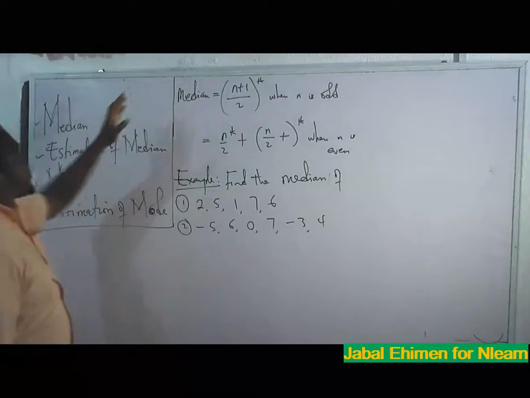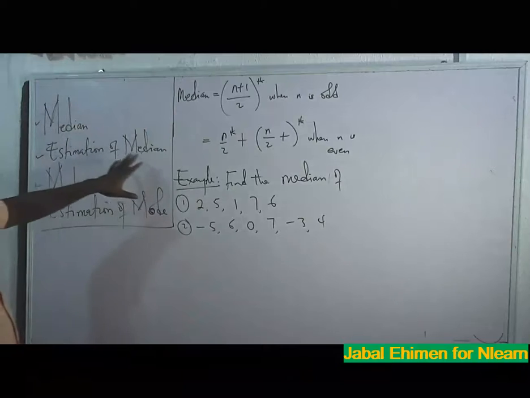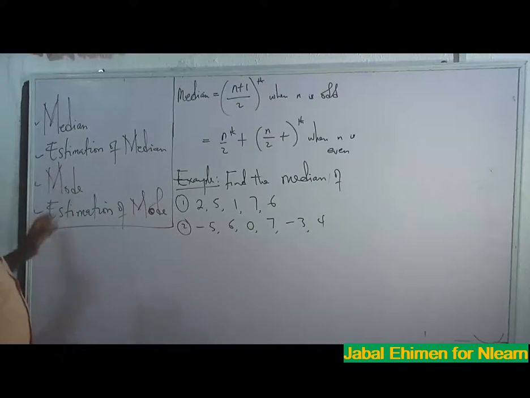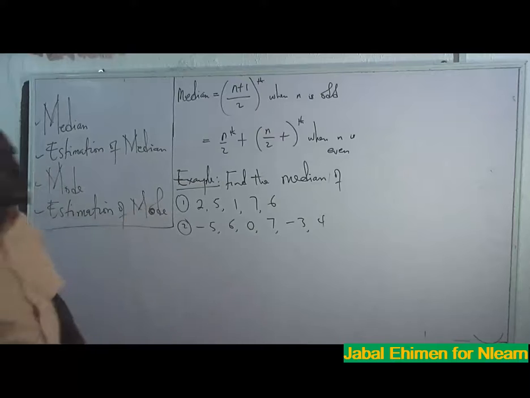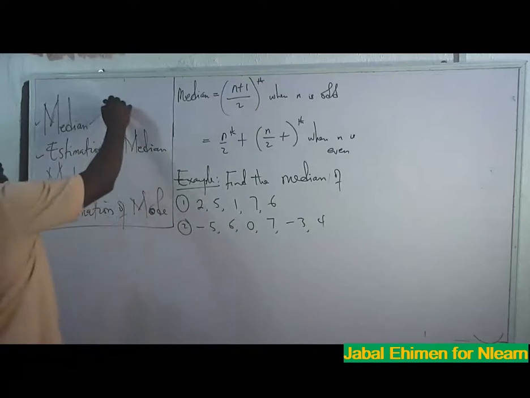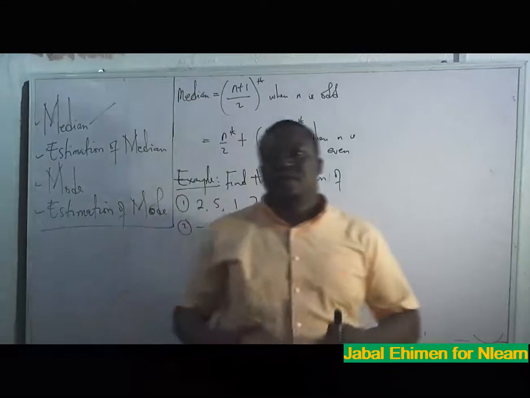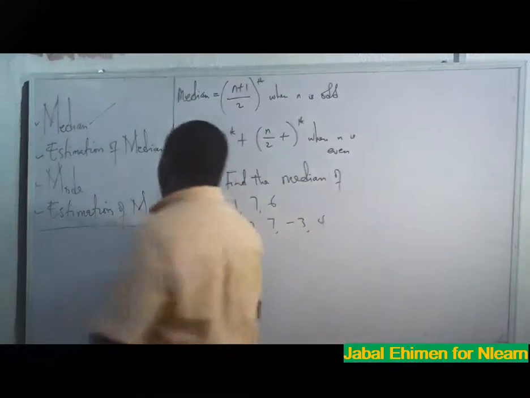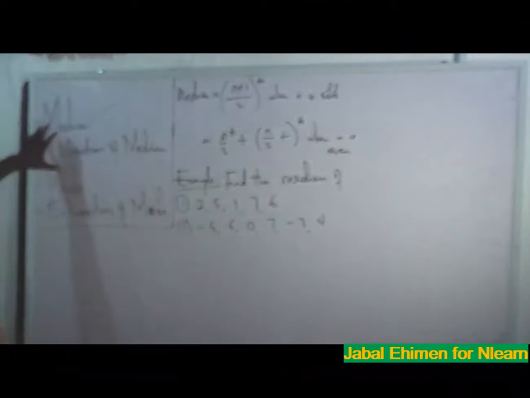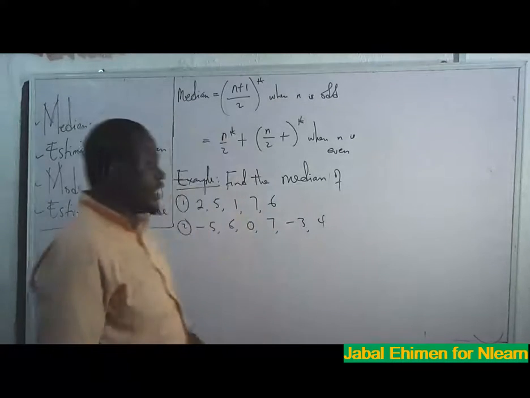Now, we'll consider the median, the estimated values of the median, then we have the mode, the estimated values of the mode. But we'll start with the median first of all. Median is all about middle values. If you want to consider the median, for example, you understand that if I have values like